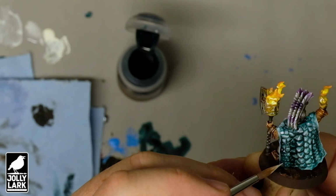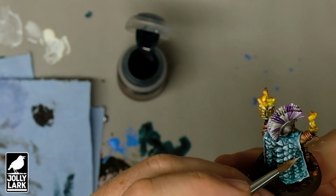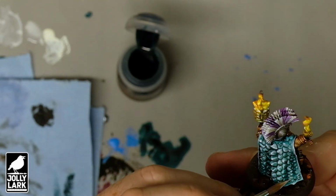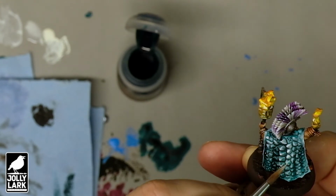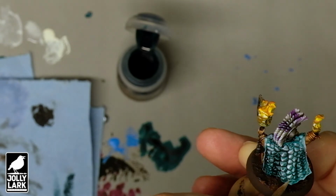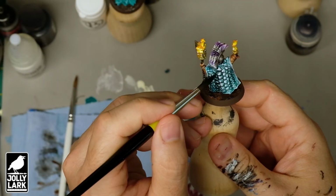You can take that as far as you want. On this more scaly, bumpy cloak, I'm taking it to even more extreme highlights and putting a layer of bright white on the top flat edge of all of the scales. And then once this is dry, we'll hit it with a thinned down layer of the same contrast paint to blend it all together. So now with the white highlights dry, to finish off the cloak, what I've got here